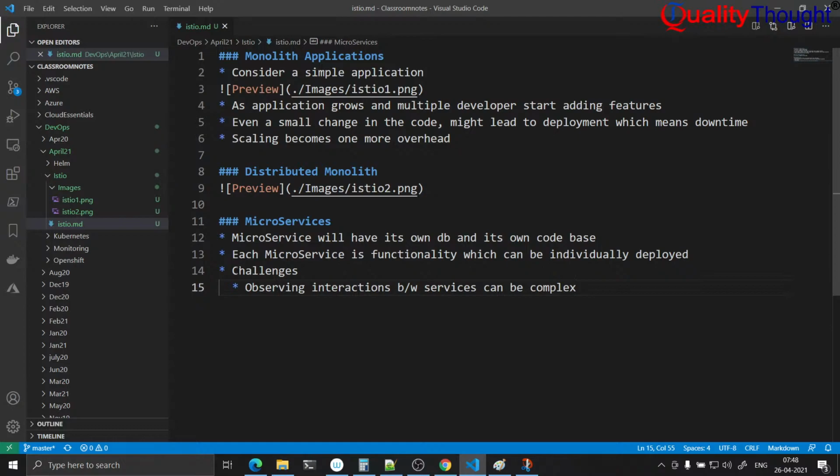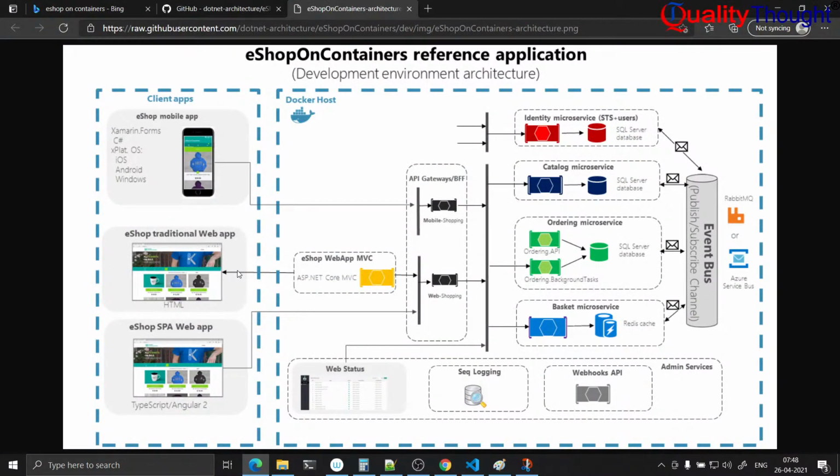Okay, so when you have too many distributed, or you can call it loosely coupled, components, here, what is it I have said? You can individually deploy the service. When you can individually deploy the service, sometimes what might happen is, okay,